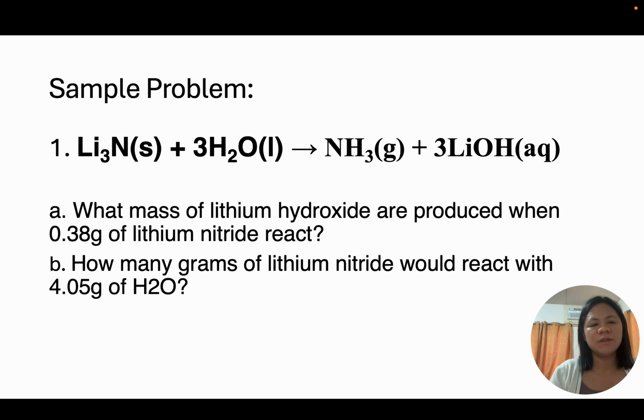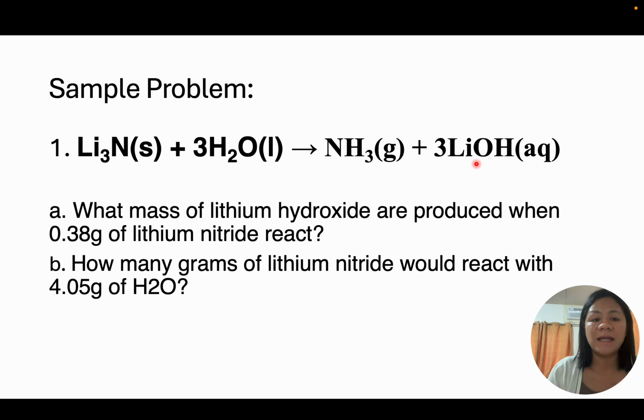Another problem. This one is a balanced equation already, given. So there are instances like this where the equation is already balanced, so no need for you to balance it. But on this part, there are two questions in one equation. The first question is, what mass of lithium hydroxide, so this is the lithium hydroxide, are produced when